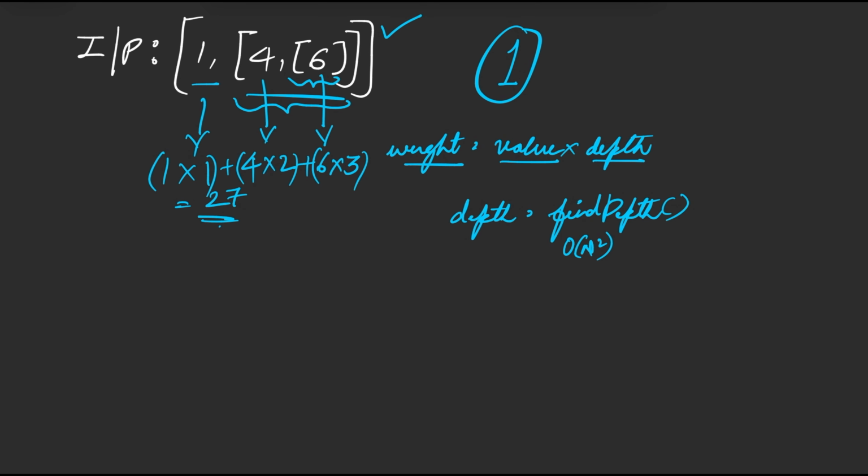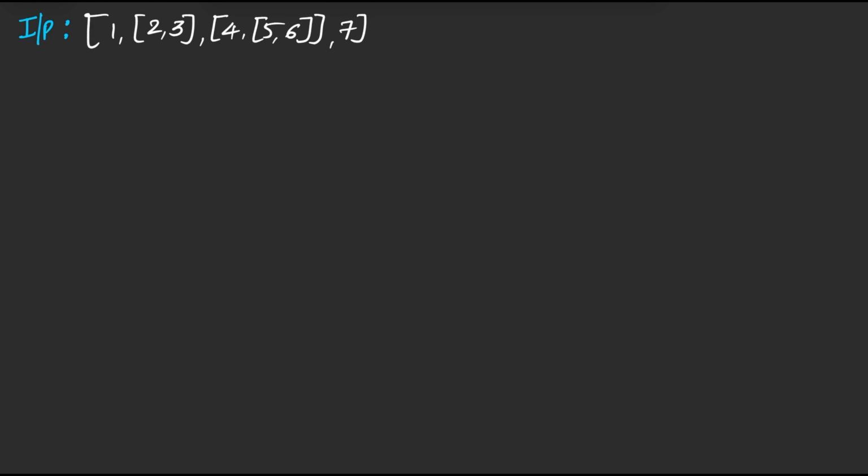So instead of finding depth separately for each integer, we can carry the current depth while traversing the list using DFS. Because whenever we enter another list, the depth increases by 1. So let us go through the dry run using the DFS approach to make it clear. We will be using this input as an example for the dry run. At depth 1, we have